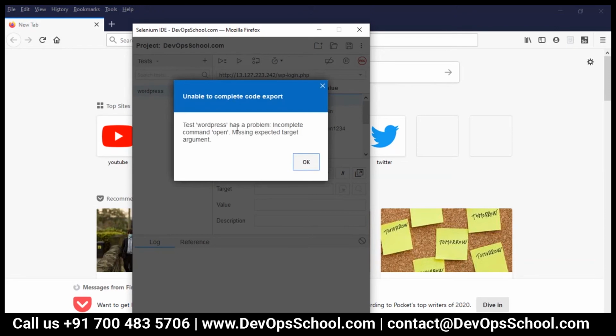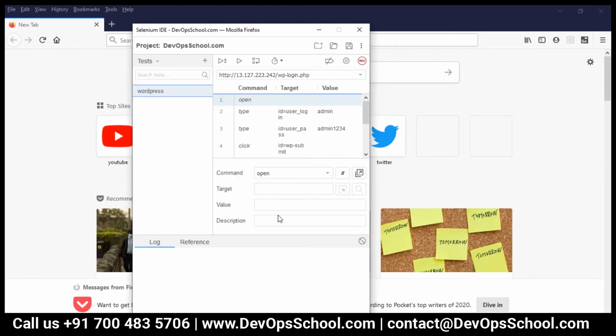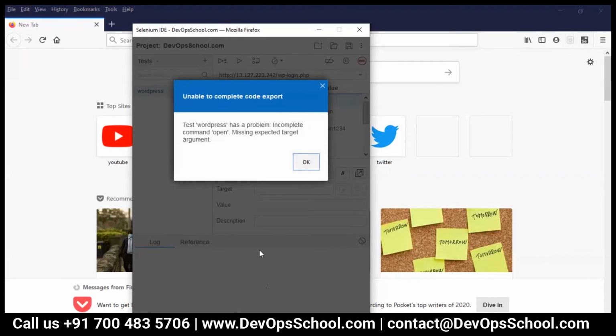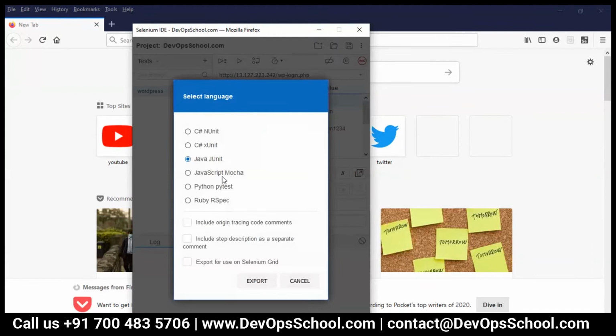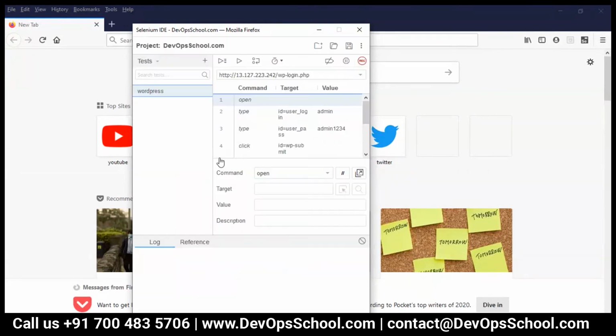And here, I'm just thinking, what is the problem? The target is missing for open command. What is that?